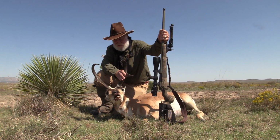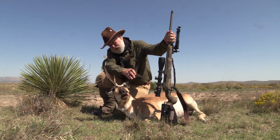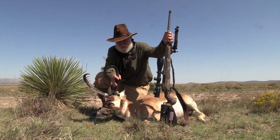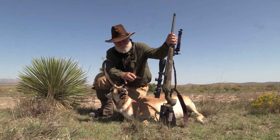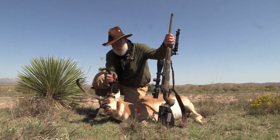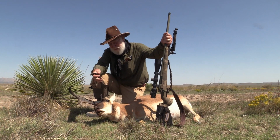Hunted Greg last year and shot an absolutely fantastic book style pronghorn antelope. Came back this year looking for a little bit different kind. Now if you're into long brow tines on whitetail deer or prongs on pronghorn antelope, let me tell you, it doesn't get any better than that right there, and I hate that statement where it doesn't get any better, but